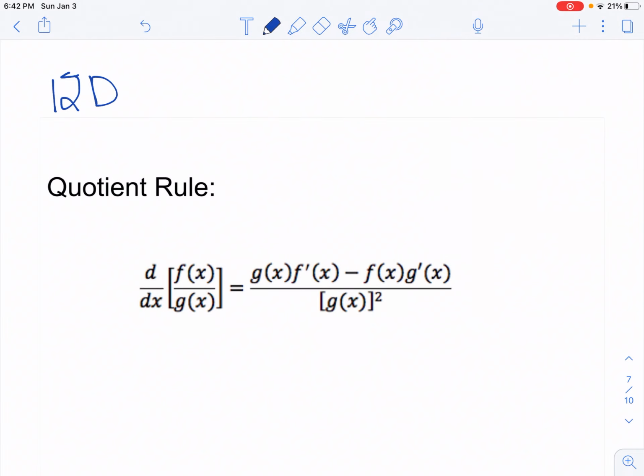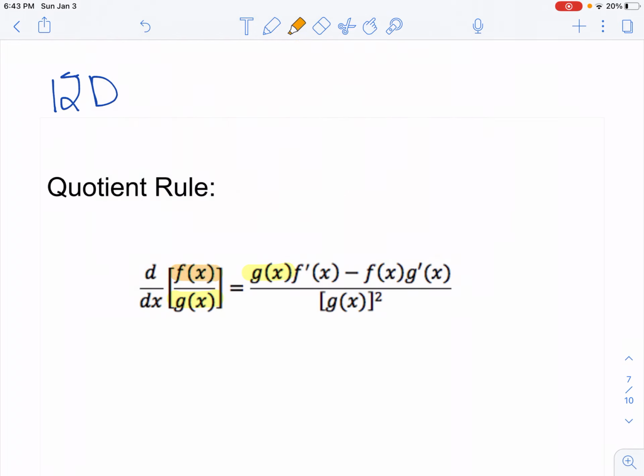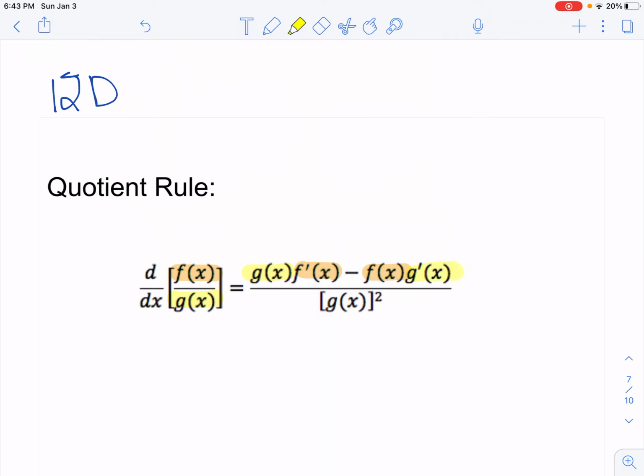All right, 12D is the quotient rule. So similar to the product rule, except for that you're dividing. So it's a little bit different. So if you look, we have the second function, the one on the bottom, times the derivative of the top function minus the top function times the derivative of the bottom function all over